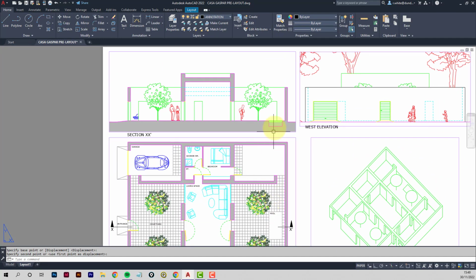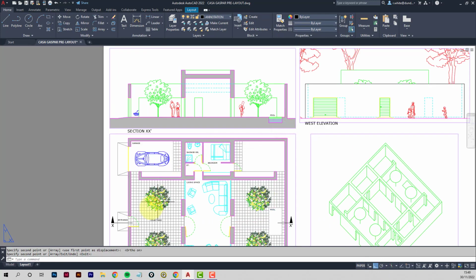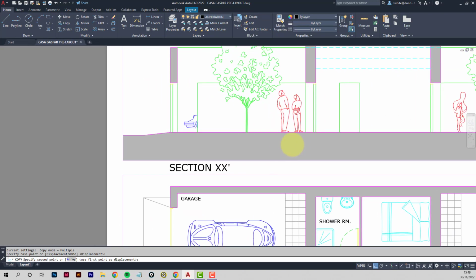Okay, so some of that could go up onto the section. So copy, could use ortho for this one. So we've got pool, got the courtyard, sitting on top of the tree there though, so that's not great. So I'm going to move that across. Courtyard,